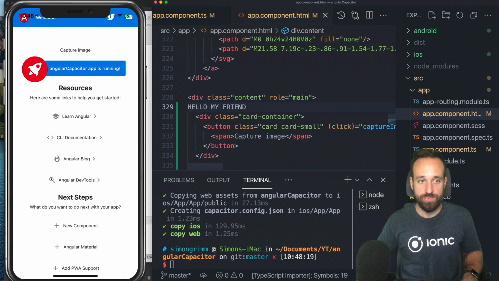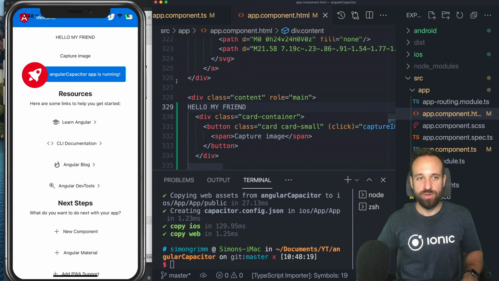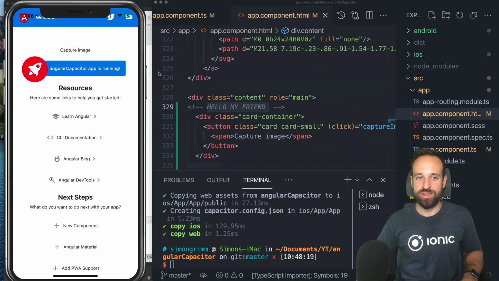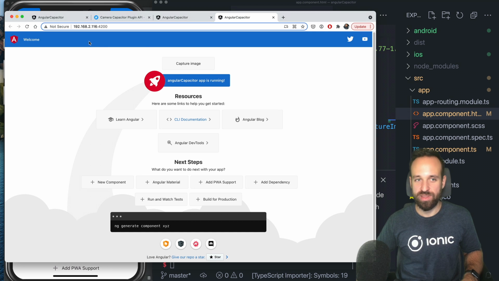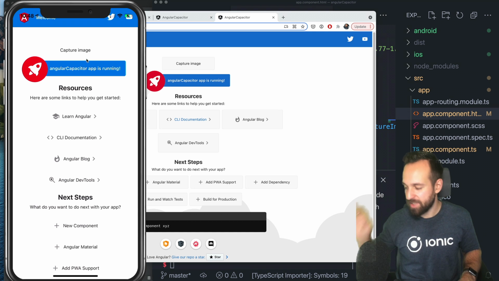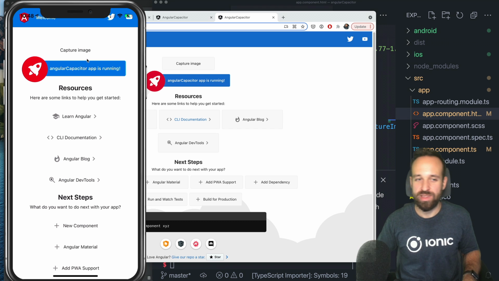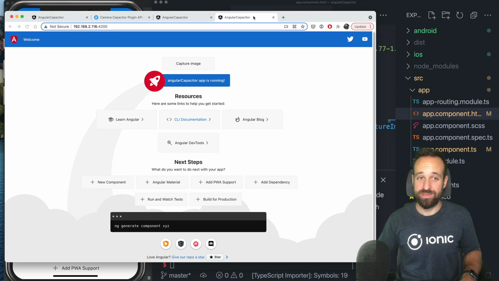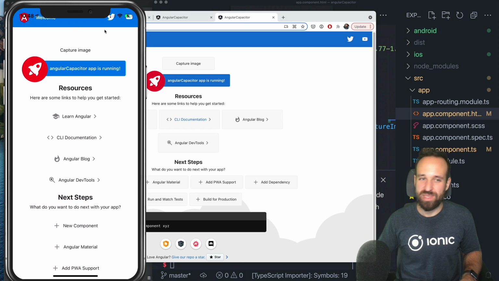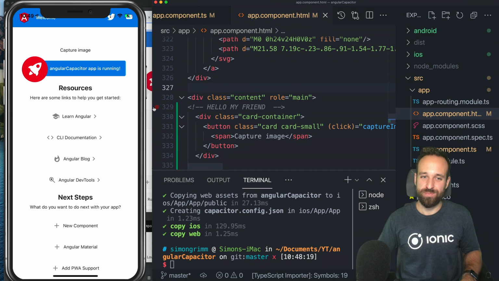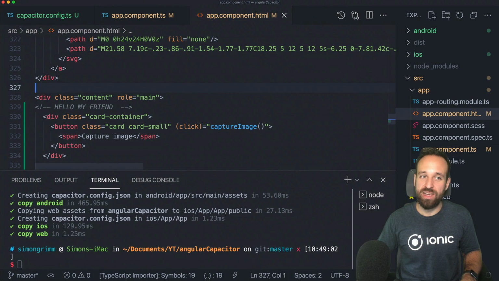Let's go somewhere to the app component HTML and put in "hello, my friend". I'm going to hit save. And if we did everything right, we now got the live reload on the device as well, basically at the same speed as our browser. So we can have live reload in the browser and on a device. I could also deploy this to Android. So you could have a full suite of devices with live reload in place. So you're basically working at live speed on a mobile application,